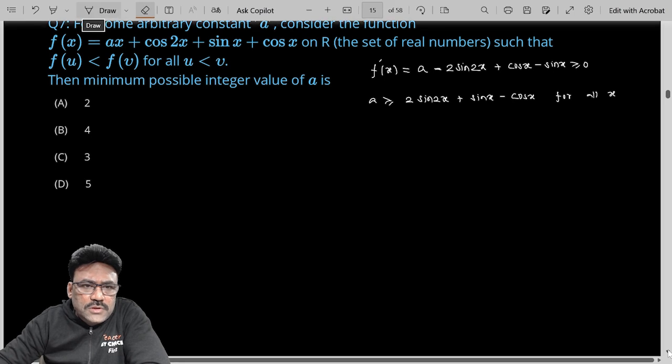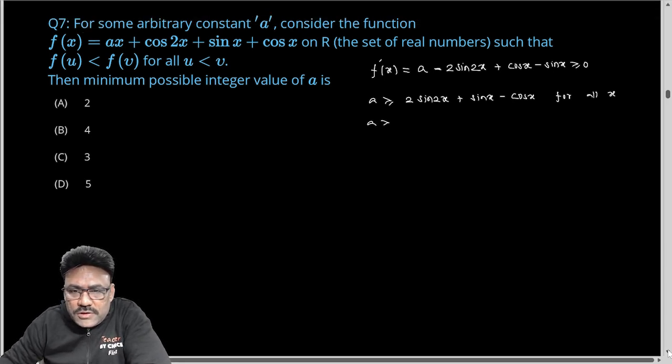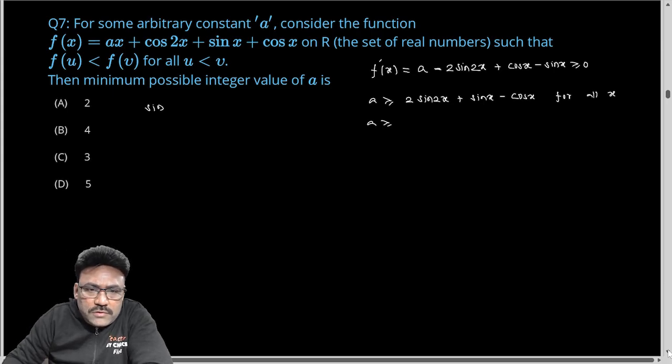Let's substitute sin x minus cos x as t here. So a will be what? Greater than or equal to 2. And see, if you substitute sin x minus cos x as t